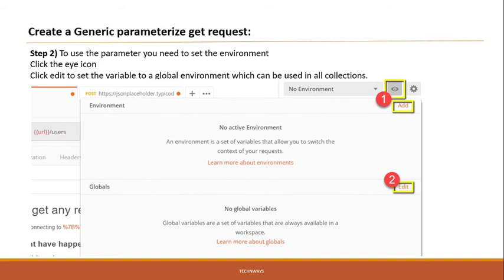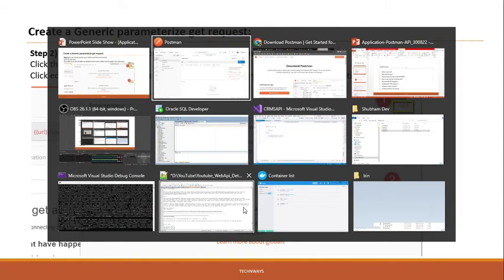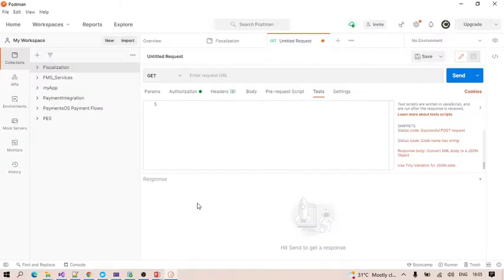So let me show you how we can create this global variable. This is the environment that I have already created. It's a DS environment. Environment means we can put variables in it, so let me select this.